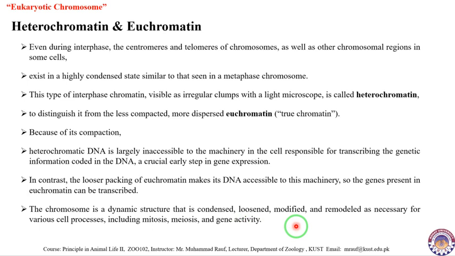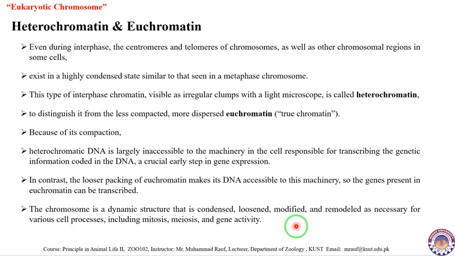So here we are discussing the two forms of chromatin. Chromatin is composed of DNA and associated proteins. In the interphase, if you observe the chromatin with a microscope, you will see two distinct regions. Some of the regions will be darkly stained, whereas other regions will be lightly stained. Why? Because the regions where the association between the DNA and associated proteins is stronger are present in a condensed form, and they are called heterochromatin, whereas other regions where the association between the DNA and associated protein is loose is